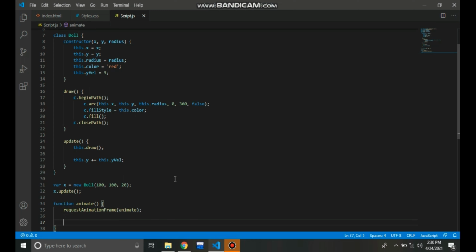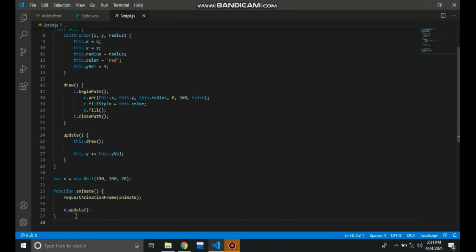We don't want brackets in the requestAnimationFrame. After that, take the x.update and paste it here, call the animate function,